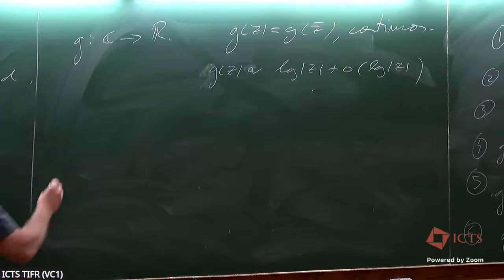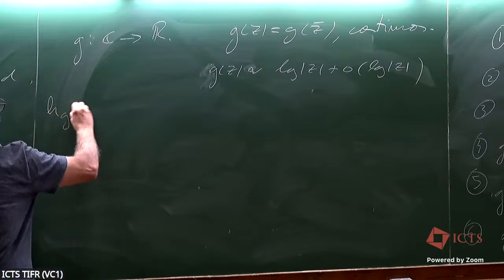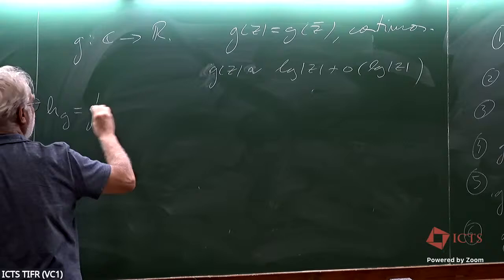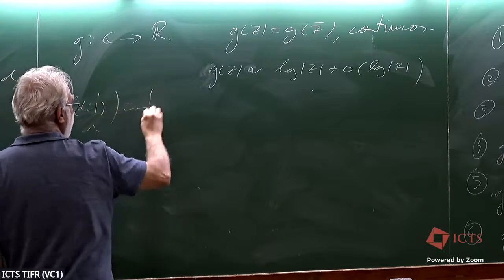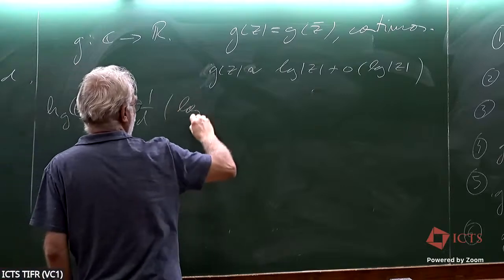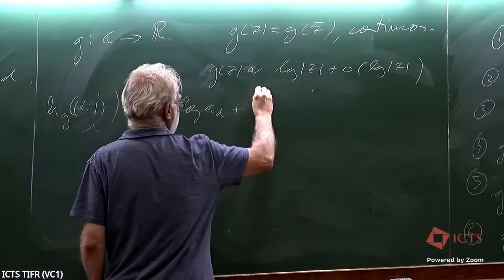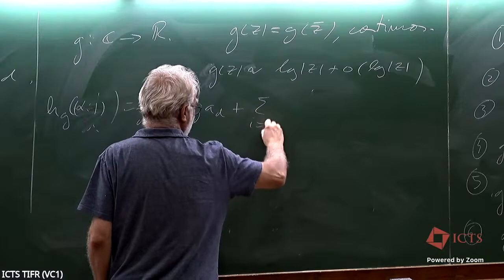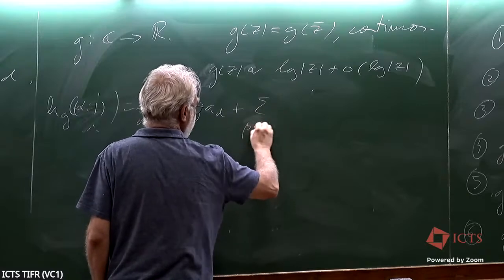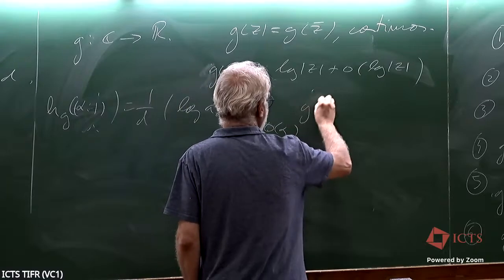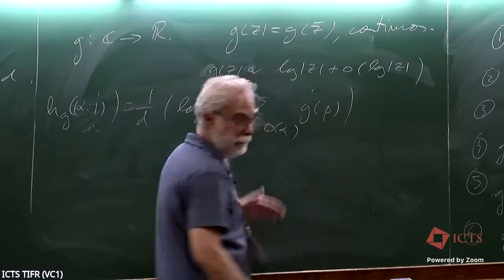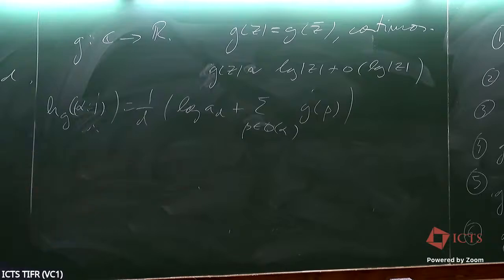Okay, and then the height with respect to G is just 1 over d of the point alpha is 1 over d log of a_d plus the sum over beta inside the orbit of alpha of G of beta. Okay? So this is a very concrete definition of the height,